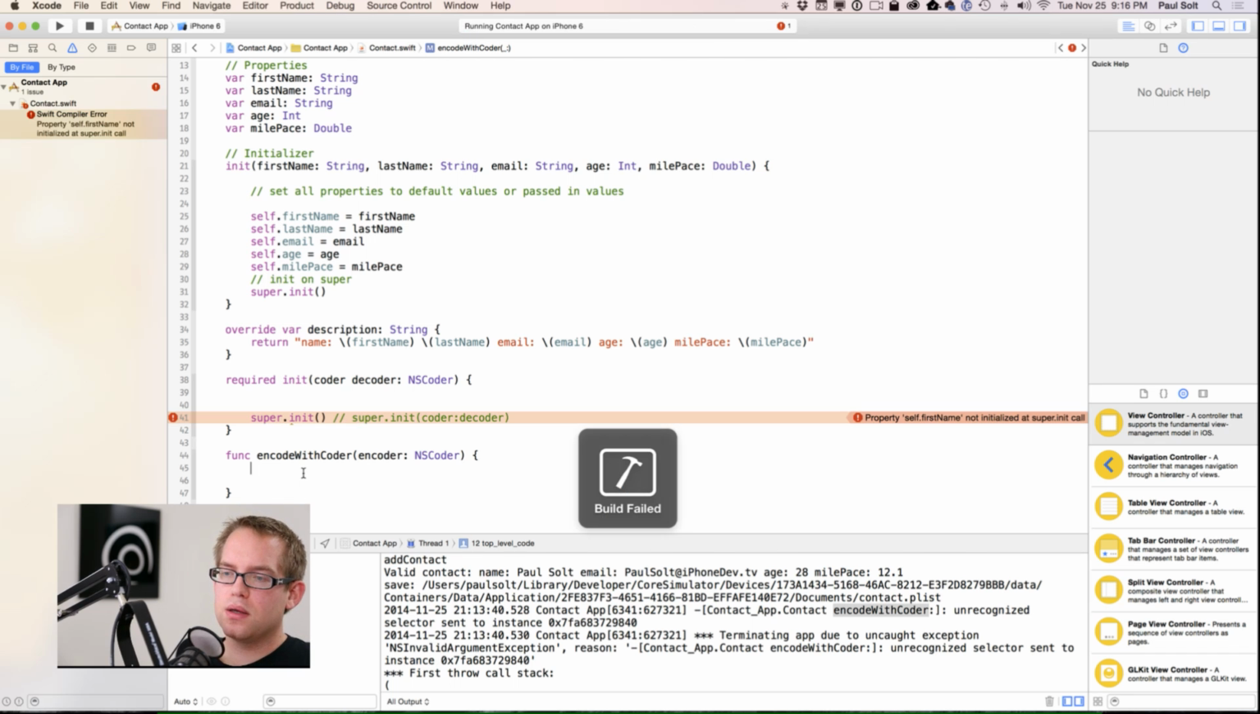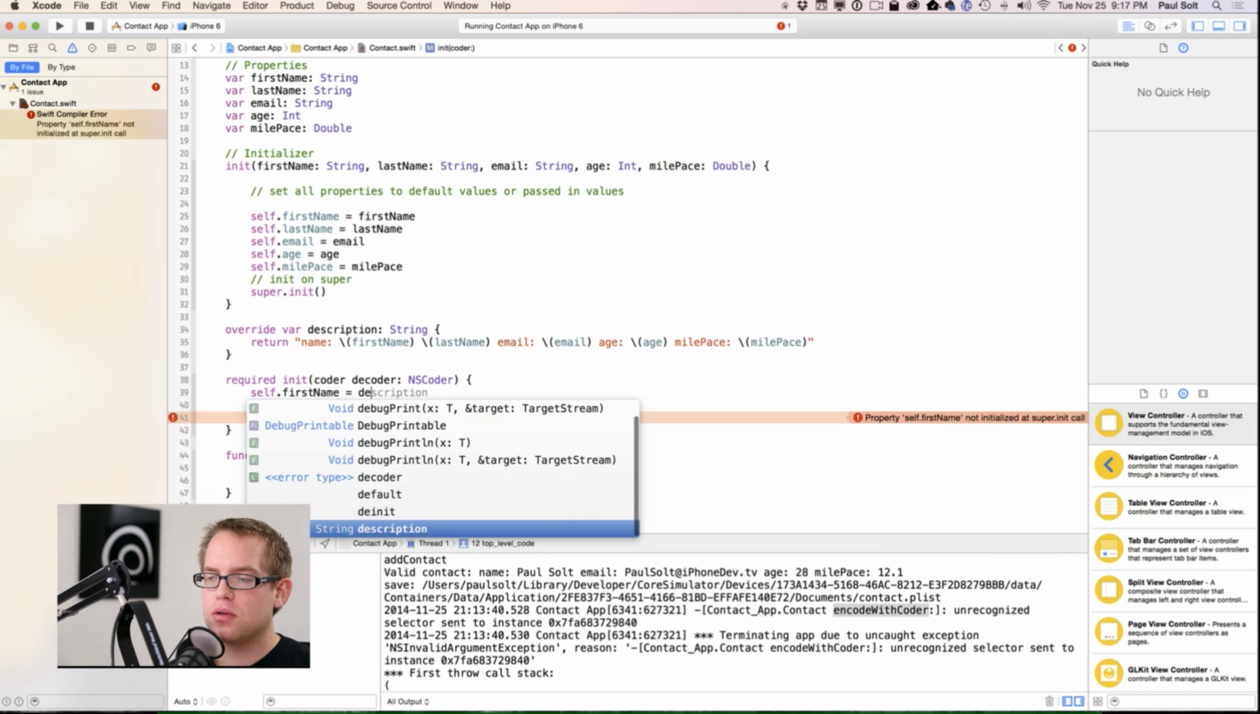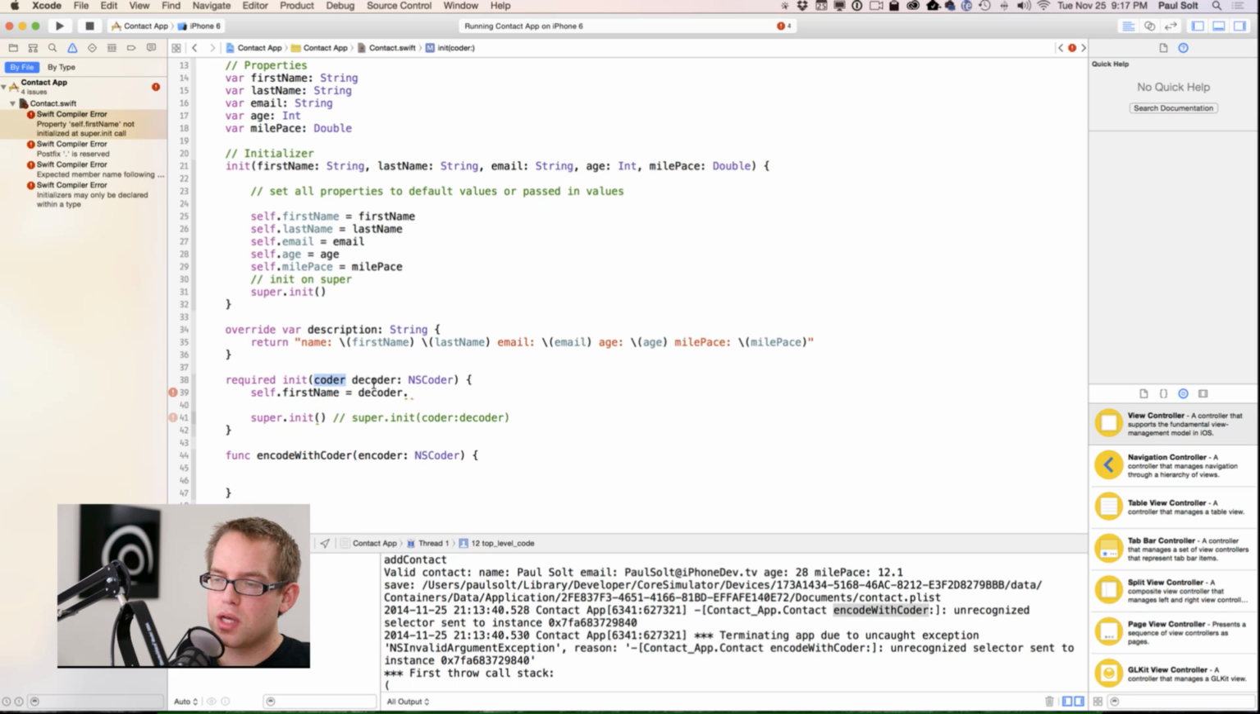If I build again, okay, so we have more errors. Lovely. So the thing we need to do here is we need to initialize all of our values from the coder. So we have to say self.firstname. And I don't have to use self here, but I'm just going to keep it consistent with what we have above. Self.firstname is equal to coder, and it's actually, the internal name is decoder. So we have to use the second word. So you're going to see an external parameter name and then a local parameter name, and we're going to use that one. And